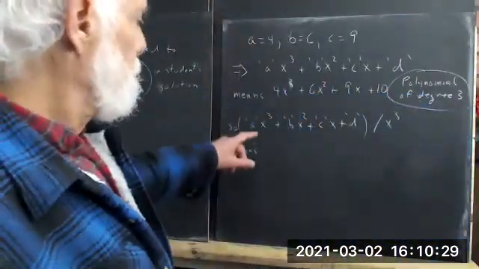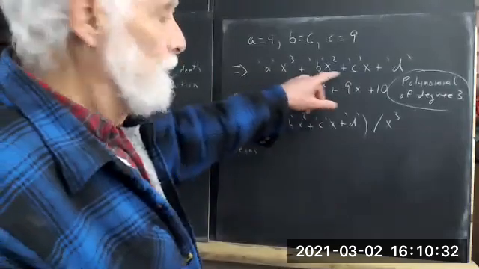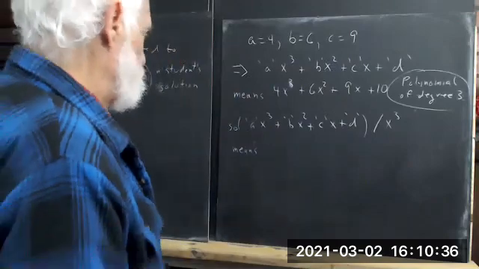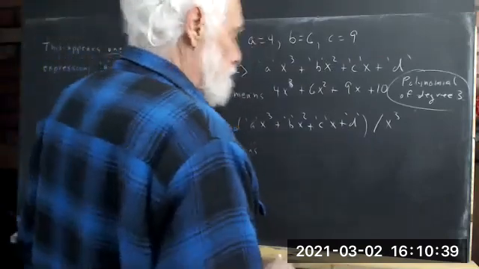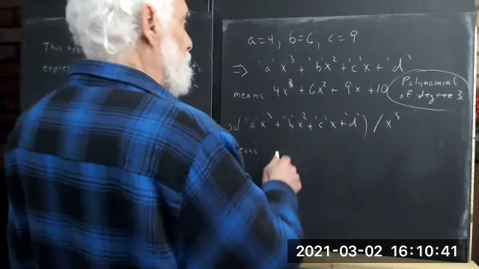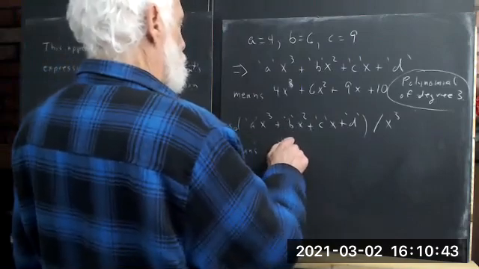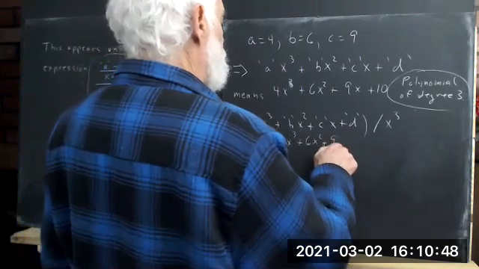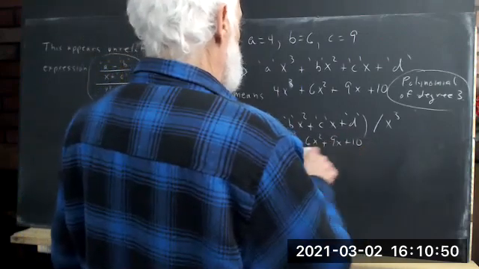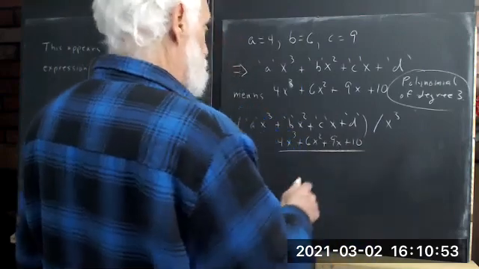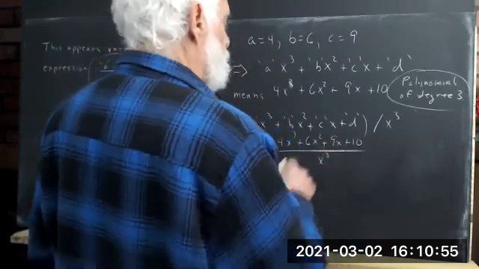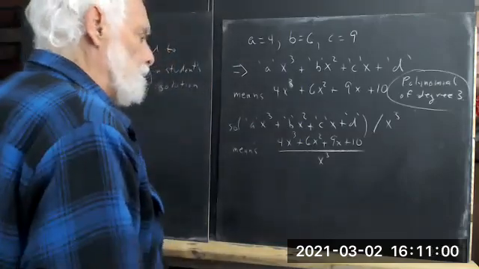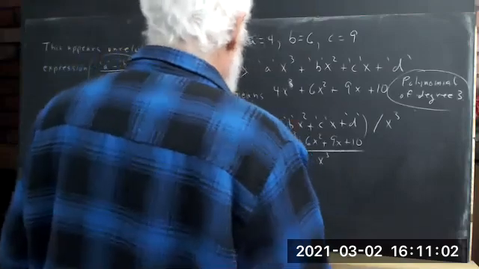Now there's the expression, the same expression we have here, but then over x cubed. What does this mean? Well, it means 4x cubed plus 6x squared plus 9x plus 10, divided by x cubed. And you're asked to show that this is equal to,